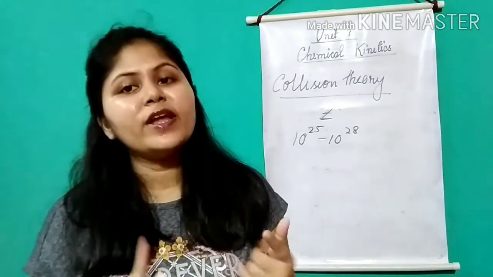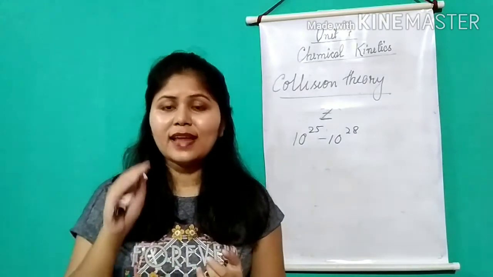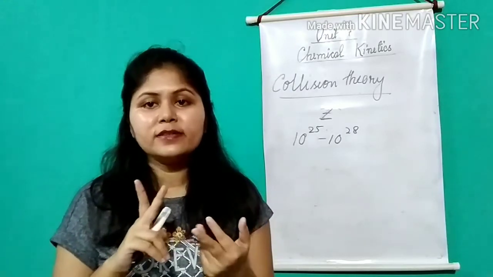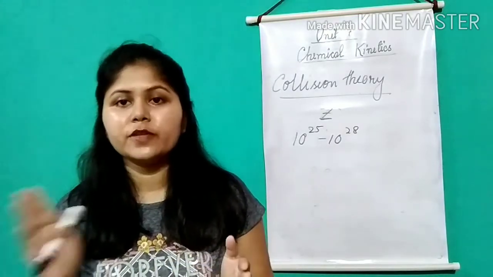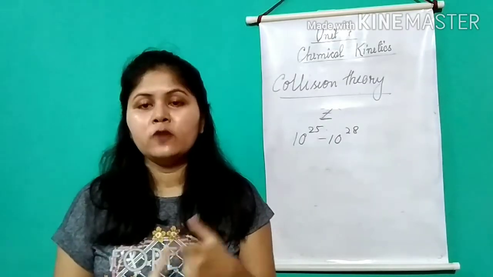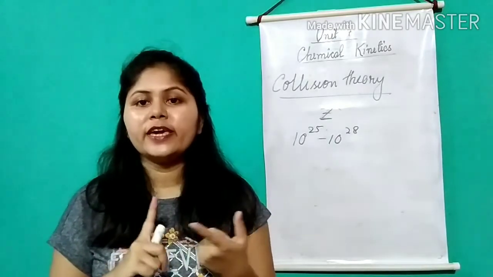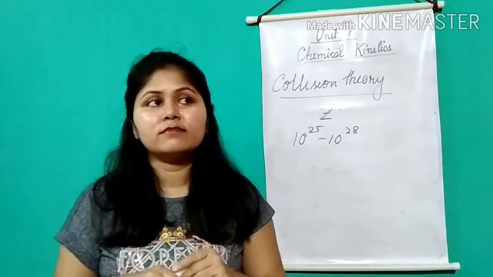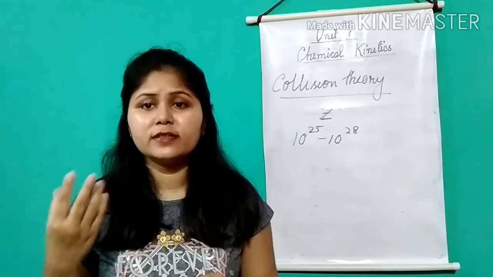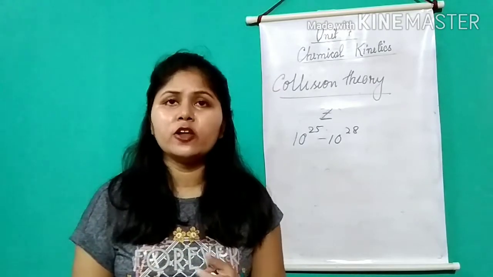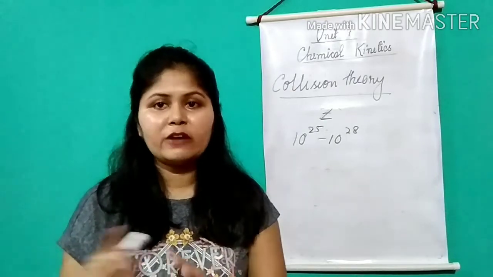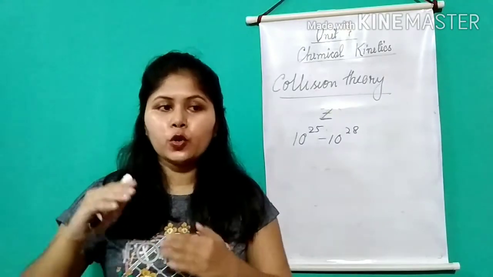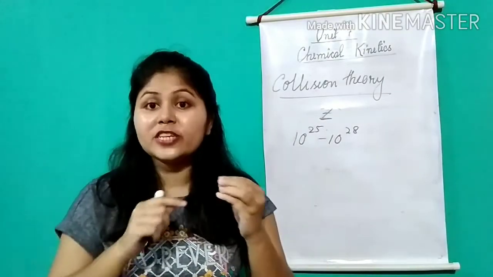Now my last point is that there are two barriers in determining the rate of the reaction. First is the energy barrier, second is the orientation barrier. A barrier is something which inhibits the reaction from happening. Energy is needed; if there is no energy then there will be no reaction. So energy is very important for a reaction to occur. I have told you, this energy is actually the activation energy.